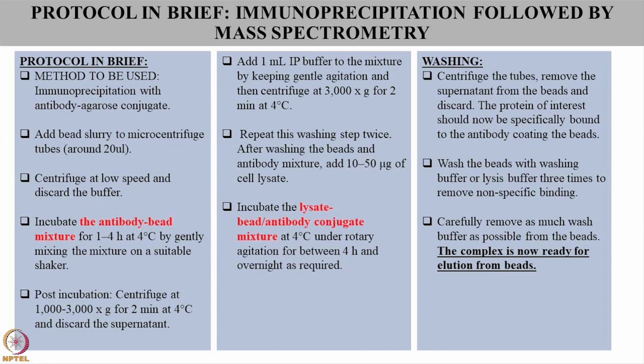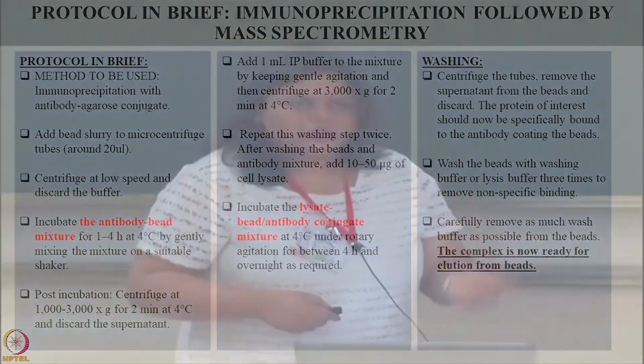So basically IP takes about three consecutive days, so you can use a couple of days to get this done. In the next day, you will wash it again, so as to not have those things that are just weakly bound or maybe a carryover. You just want to be sure that you are identifying only the complex of your interest.